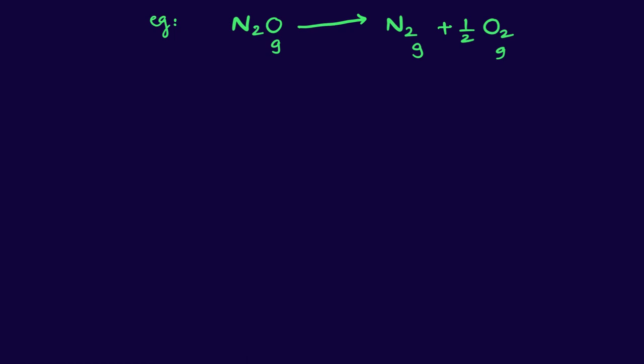For this, K is equal to 2.303 by time log P initial divided by P at T time. So what we have to find out? P at T time, find out and place in this equation. So now T equal to 0 time, this is called Pi and this is dash dash. What is here? P total is